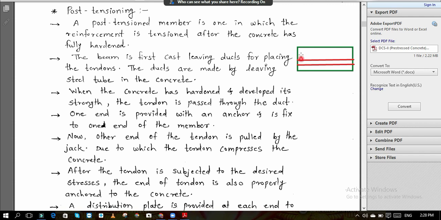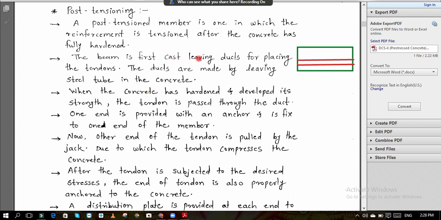First, for the beam, we will attach the formwork. While placing the formwork, at that time we insert the steel tube in that beam. This steel tube is a hollow steel tube, placed inside. Then we pour the concrete in that. So except for the area covered by this hollow steel tube, all other area will get filled by the concrete. That is why it is given in the second point.